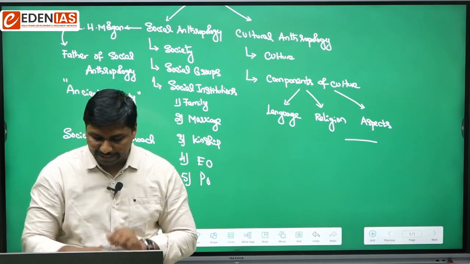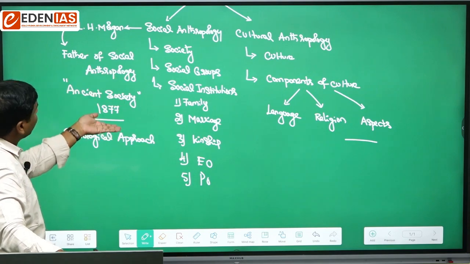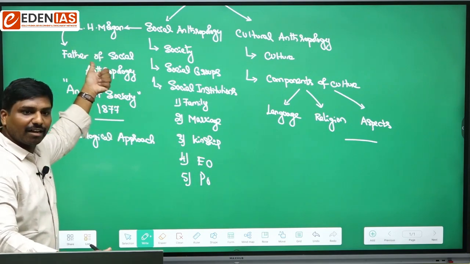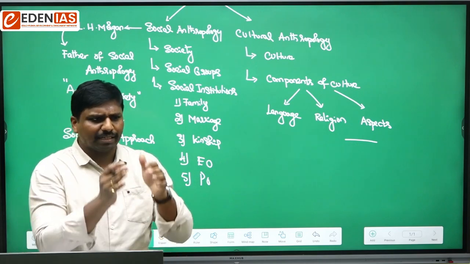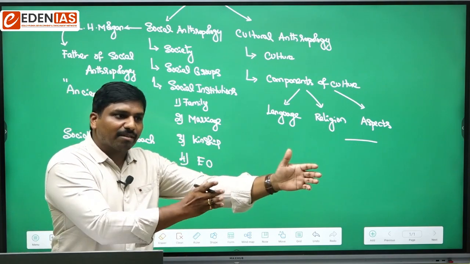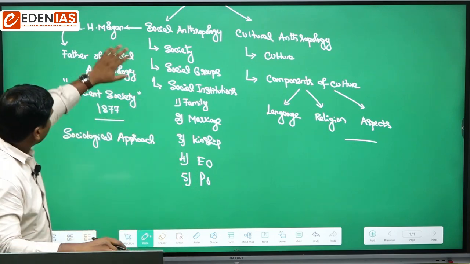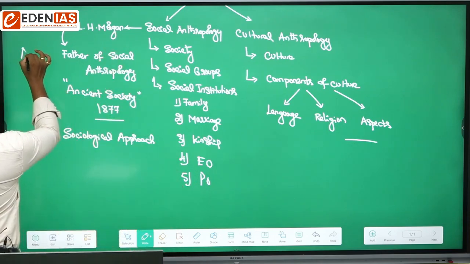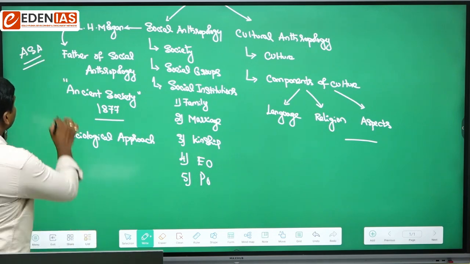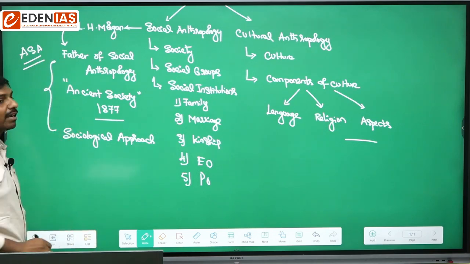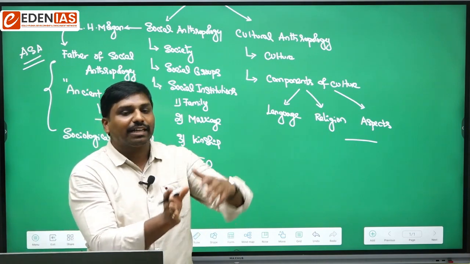This approach which has been introduced by L.H. Morgan in America has got popularized in Britain. That means American School of Anthropology is separate and British School of Anthropology is separate. As he is an American, he belongs to the American School of Anthropology. As he has done this from America's perspective, the same concepts have been studied and popularized in Britain